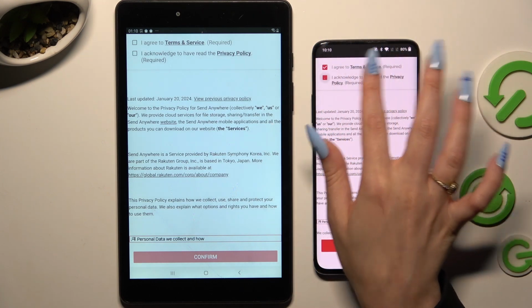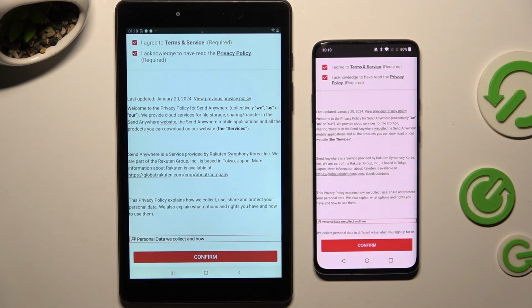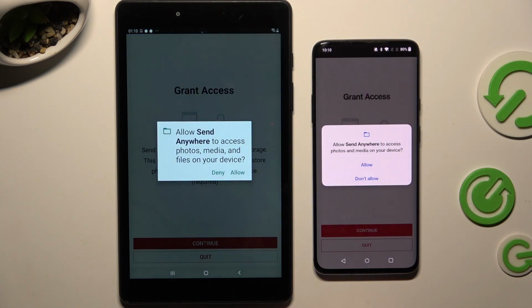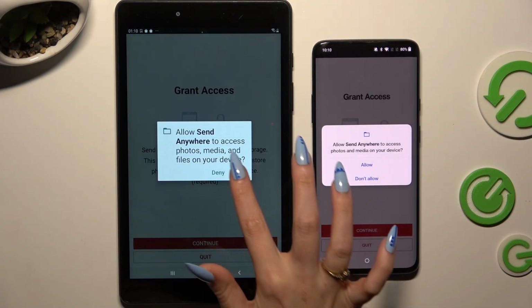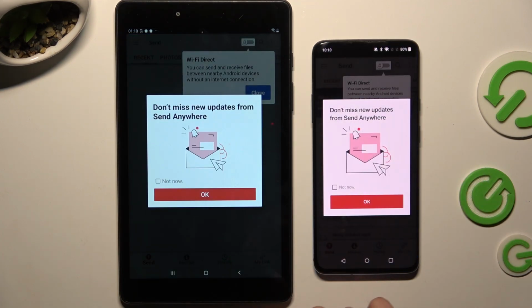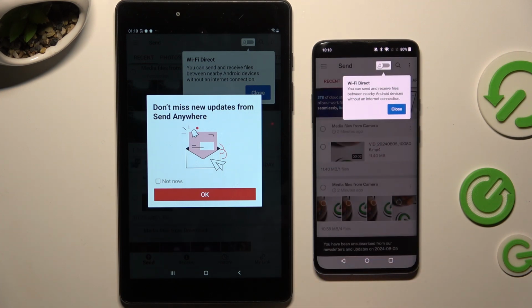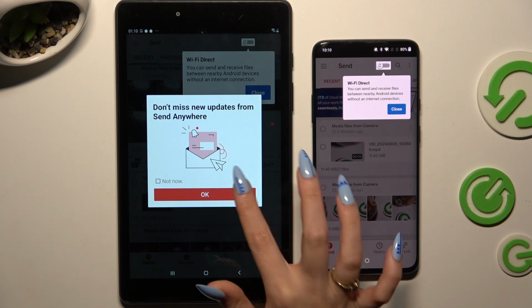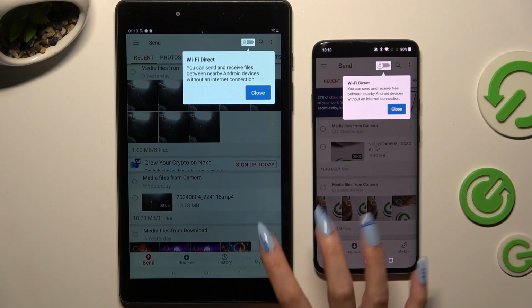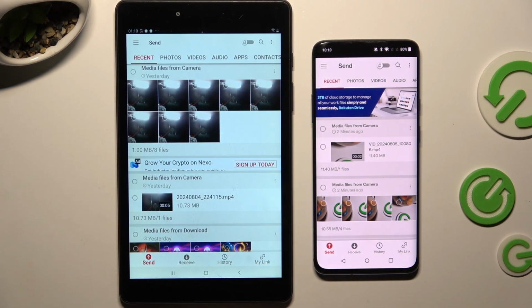Firstly, I agree and I acknowledge. Then confirm, continue, and allow. In this window about new updates, you can tap on Not Now and click OK, or click on OK right away. Either way, when you're ready, tap on your device's displays and select Send at the bottom left corner of